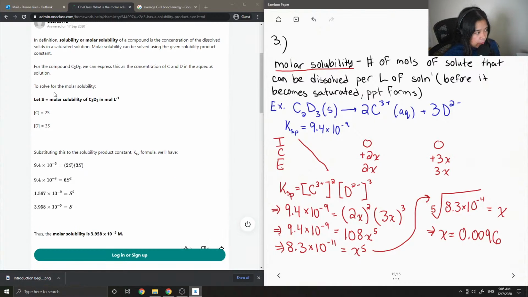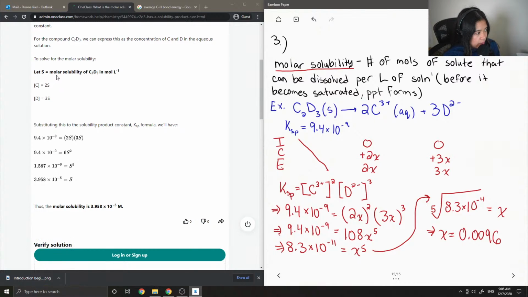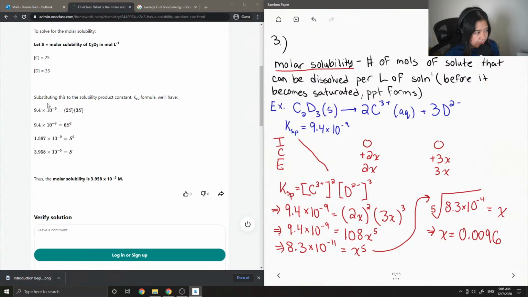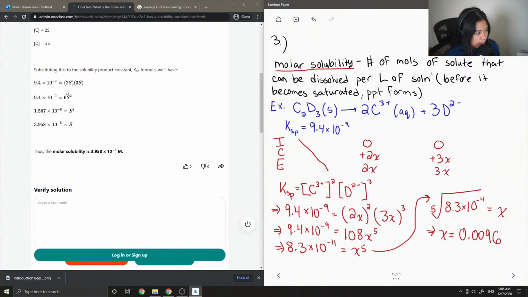To solve for the molar solubility, let S equal the molar solubility of C2D3 in moles per liter. Concentration of C is equal to 2S, and the concentration of D is equal to 3S. Substituting this into the solubility product constant Ksp formula, we'll have 9.4 times 10 to the negative 9 is equal to